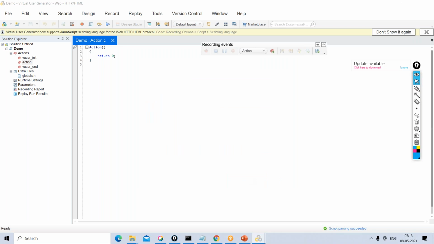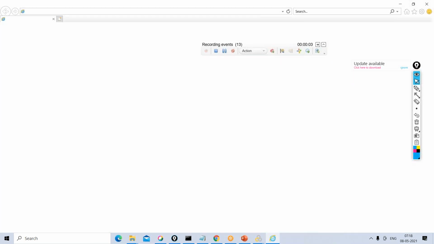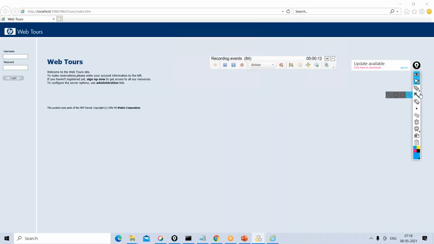As soon as you click on start recording, along with the browser window, you see this kind of small window, and there is a number over here which keeps increasing. What does it mean? It means that the VuGen component of LoadRunner is able to record the application successfully. When you see that number increasing, it means we are capturing the traffic. Whatever application we are browsing, this tool is able to capture all the requests.